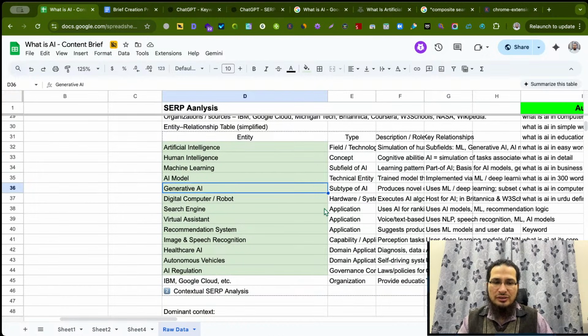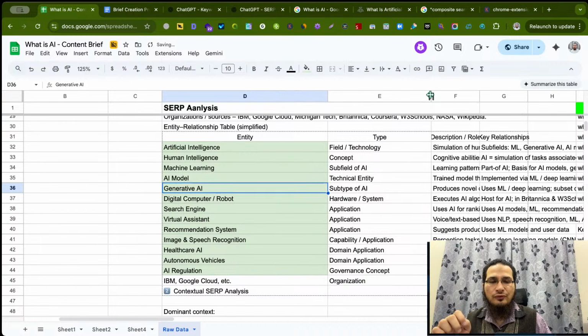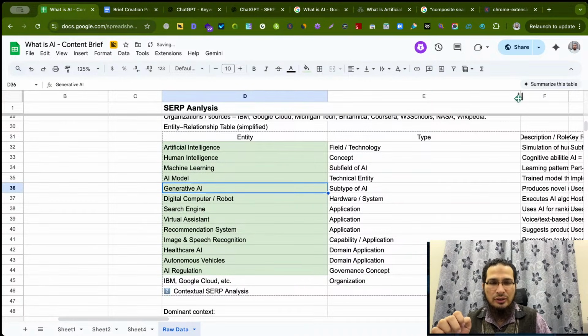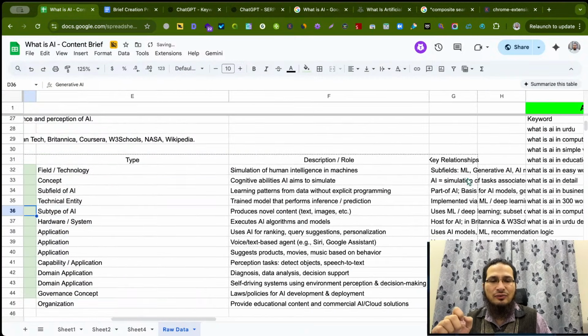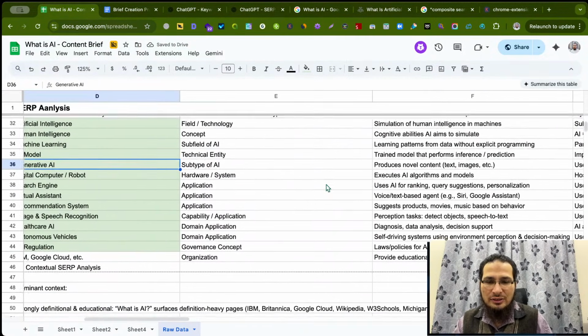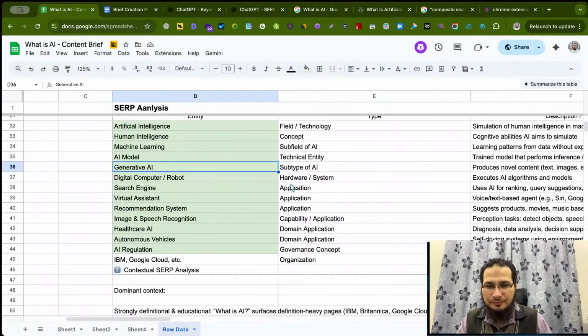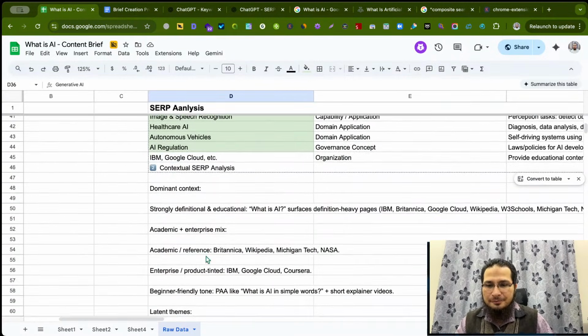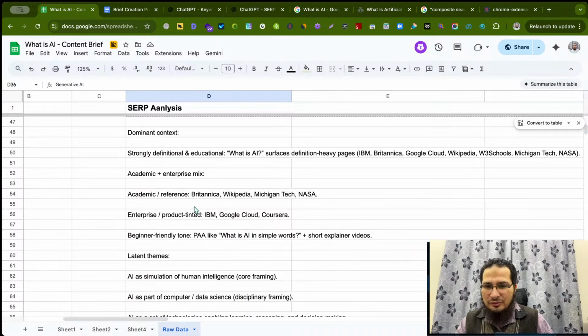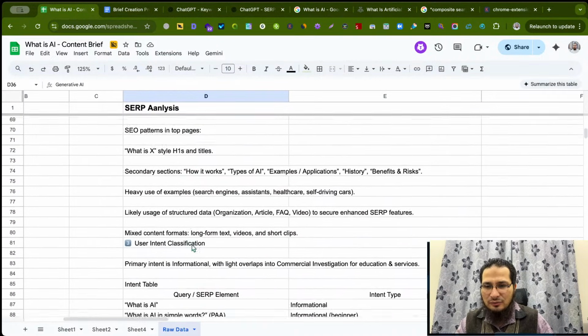So now we are moving towards keyword to question step, and before creating headings, we need data for this step. So from this raw data we are going to collect the particular data on the basis of which we need to provide headings for our page. So these are the headings. These must be covered on our page in relevant sections. Next one is academic enterprise mix. We have highlighted these above. Next section,